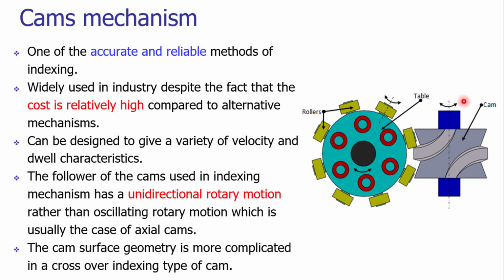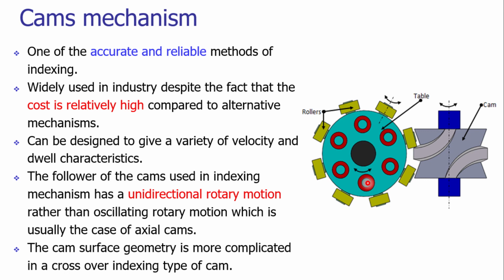So if I rotate the cam in clockwise direction, what will happen? When I'm rotating the cam in clockwise direction, this portion will come in contact with this particular roller. As I'm rotating in a clockwise direction, this portion is having the raised height. So as this portion is getting in contact with the roller, this roller will be pushed in anti-clockwise direction. So rotary motion of the cam would be converted into intermittent anti-clockwise motion of this particular table, which is mounted